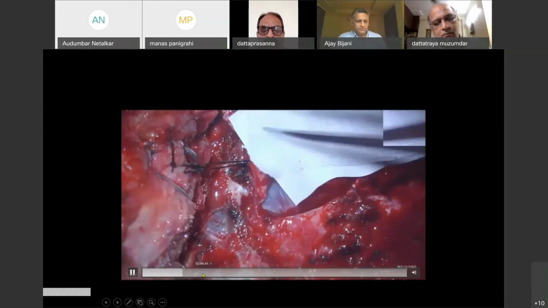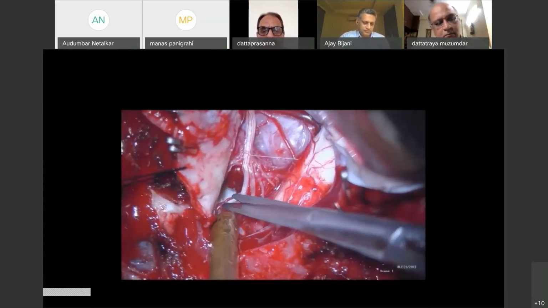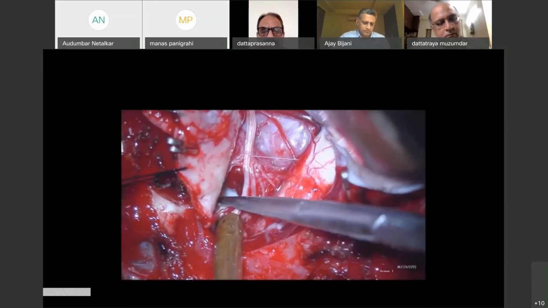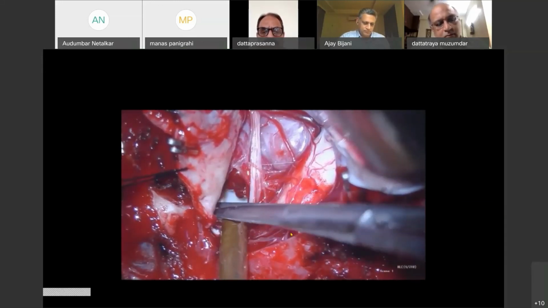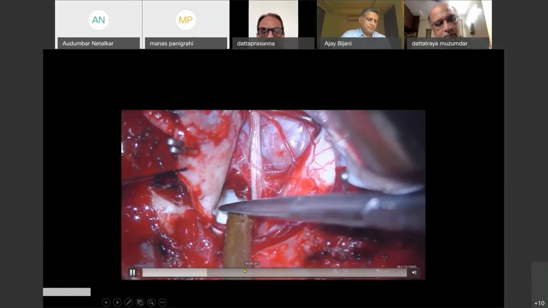So as I explained, the dentate ligament was cut, and then the spinal accessory was moved. Then the vertebral artery was identified.